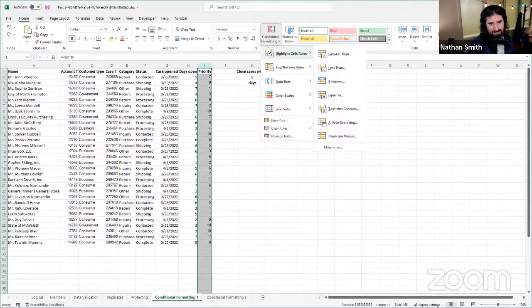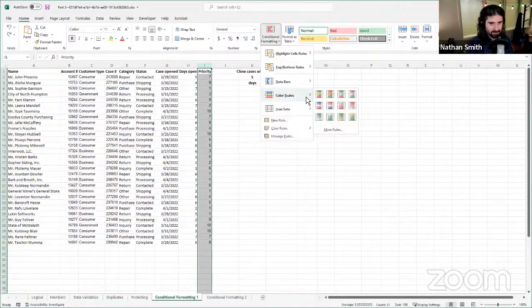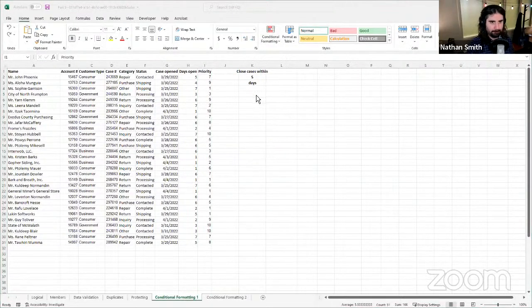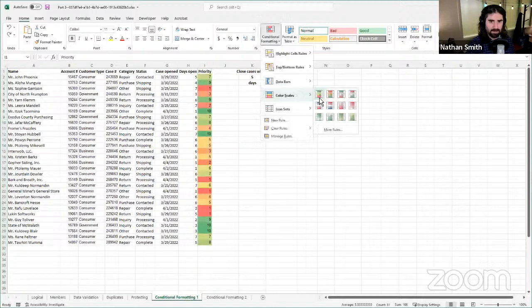So I'm going to click on the conditional formatting button, and I'm going to come down here and move my mouse over color scales. I'm going to select, let's see, hang on. Oh, it just went away. I'm going to select over here, this second one from the top left, the red, yellow, green color scale. When I click on that,